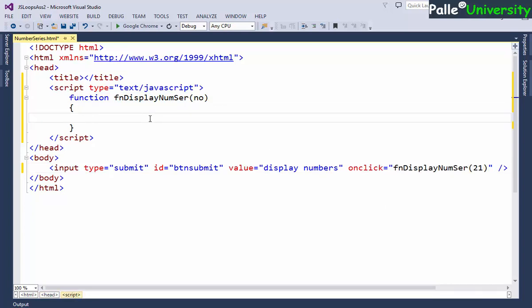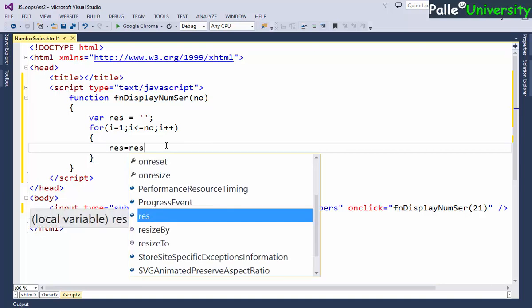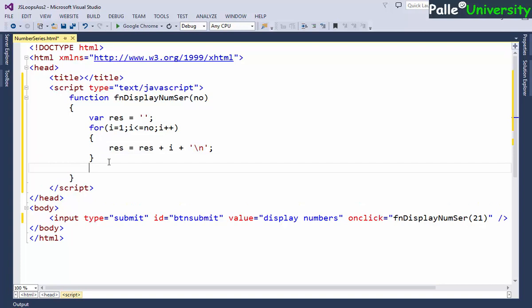Now inside this function I will write an empty result variable, and I will write the for loop code like this: i is equals to 1, i less than or equal to number, i plus plus, and I will be writing res is equals to res plus i plus single quotation slash n, right? You will understand why I am doing something like this once I display the output.